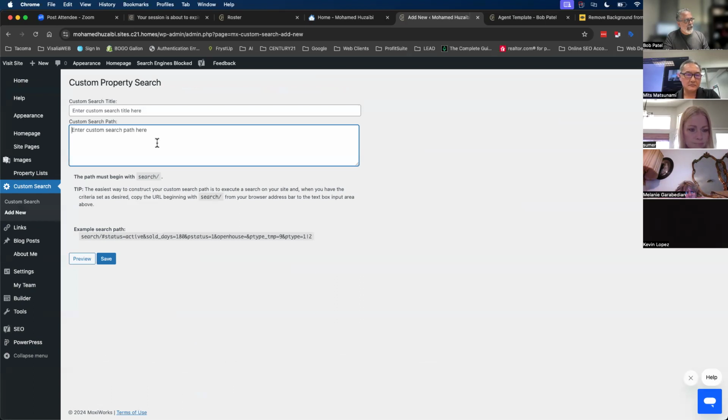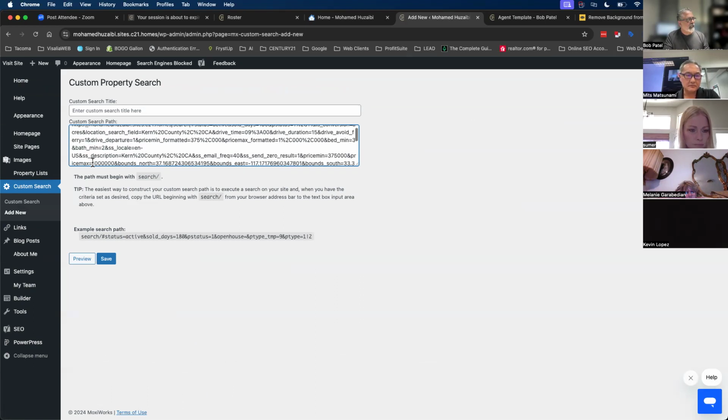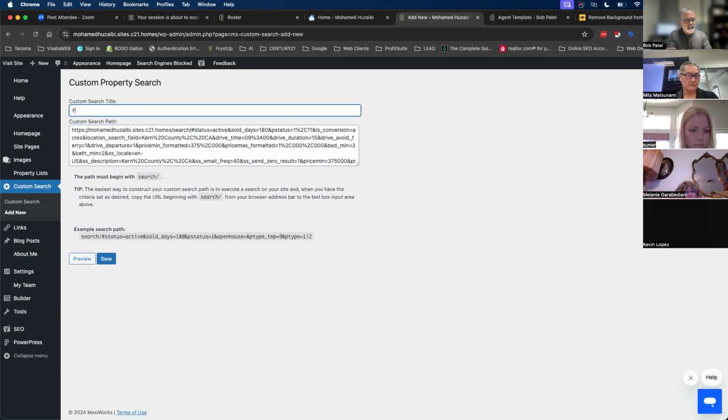In this search path, we're going to paste that entire URL. Okay, this is this entire thing. And we're going to call this thing featured properties, because it's your featured properties. You can name it whatever you want. Now, one thing to pay attention to, see right here, it says this path